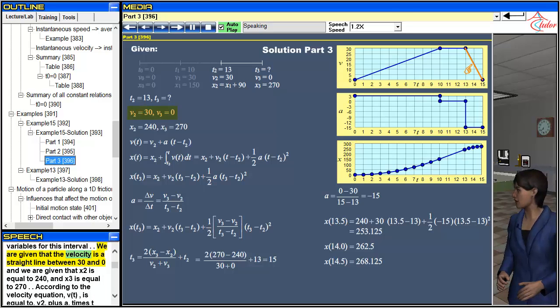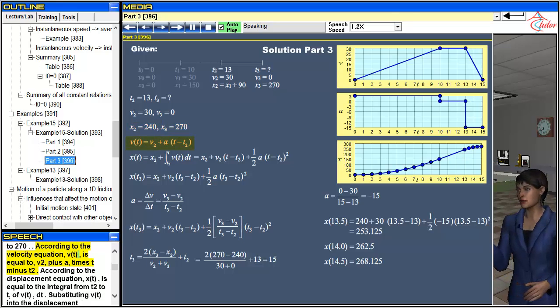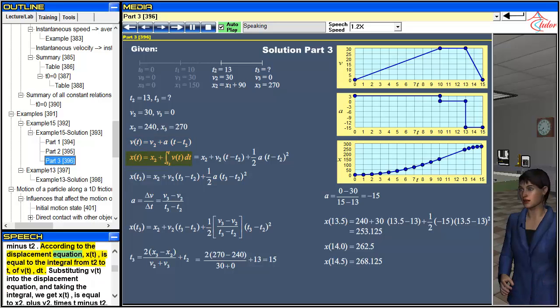We are given that the velocity is a straight line between 30 and 0. And we are given that x2 is equal to 240, and x3 is equal to 270. According to the velocity equation, the velocity at time t is equal to v2 plus a times t minus t2. According to the displacement equation, x at time t is equal to the integral from t2 to t of v